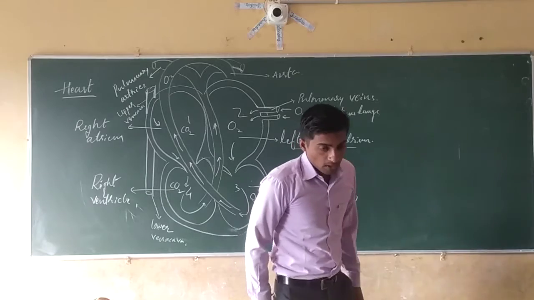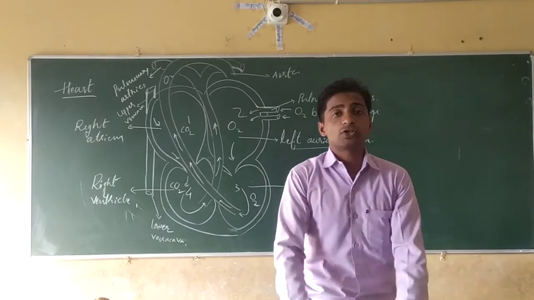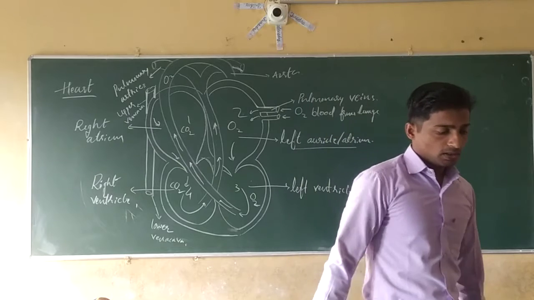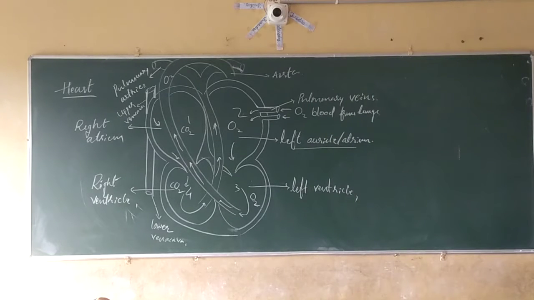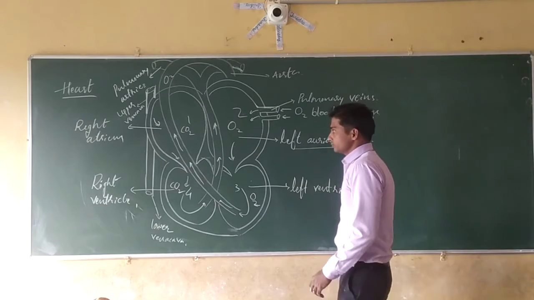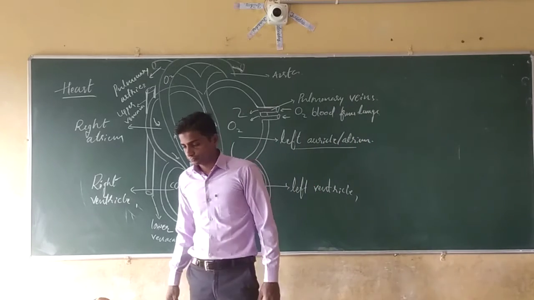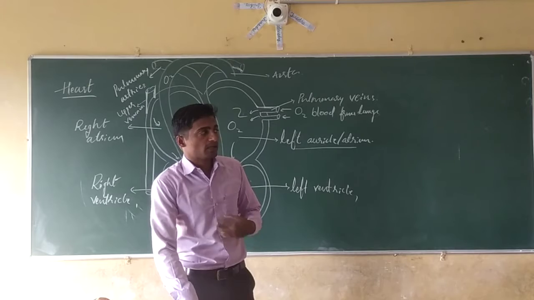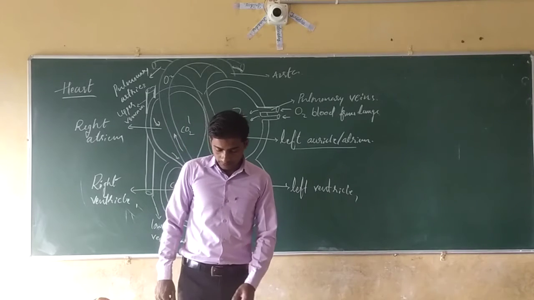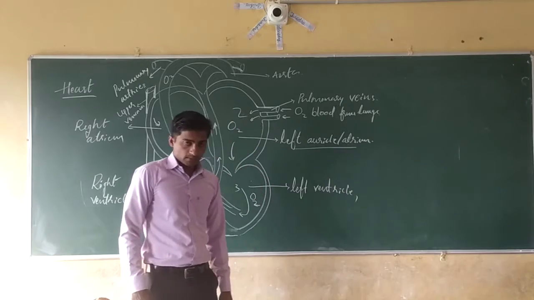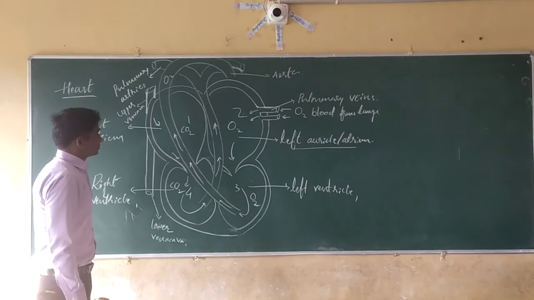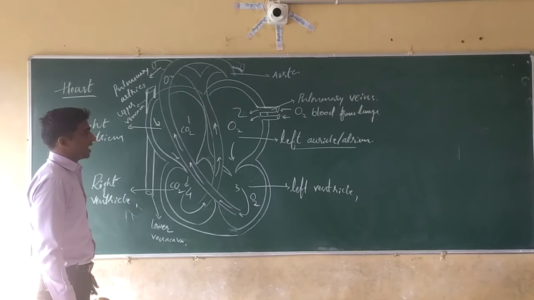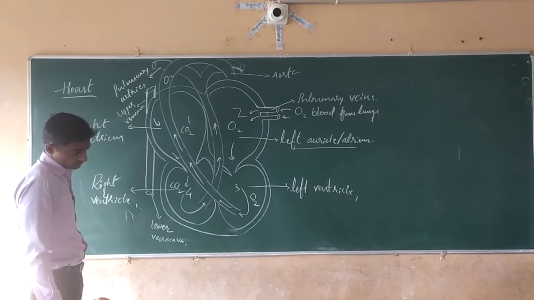Next, dear students, the mechanism of the human heart. How the heart is showing the force. That is very important from the point of view of the examination. Here what happens, dear students? The heart shows continuous contraction and relaxation. And it is a pumping organ. The heart is a pumping organ which is present in the thoracic cavity. Yes? Next, how the heart shows the pumping, how the heart supplies the blood to the different parts of the body.